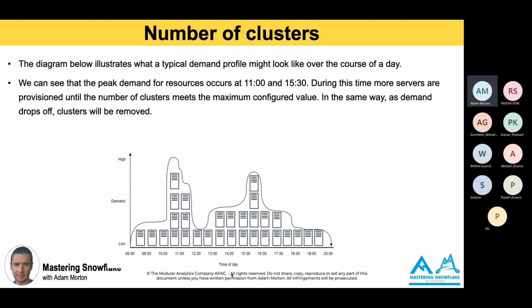We can see that our demand peaks at around 11 o'clock in the morning and then 3:30 in the afternoon, and during that time, more servers are provisioned by Snowflake behind the scenes until it meets the maximum configured value, which is 4 in our case. In the same way, as demand drops off, clusters will also be removed. As demand goes down, Snowflake will choose to decommission those clusters, as well as saving you money. So you always get that nice balance between performance and cost based upon the thresholds that you configure up front for your virtual warehouse.